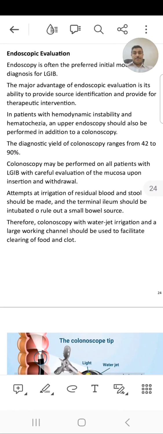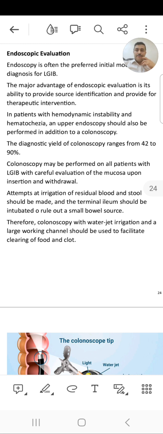Endoscopic evaluation. And regarding the endoscopic evaluation, to make it easier for you, to explain why we are talking about it, keep in mind as a general rule that if the patient is hemodynamically stable with moderate or minor intermittent bleeding, we go for endoscopic evaluation. Otherwise, if the patient is hemodynamically unstable with a high shock index above 1 and/or massive lower GI bleeding, we go for radiological investigations in the form of CT angiography and